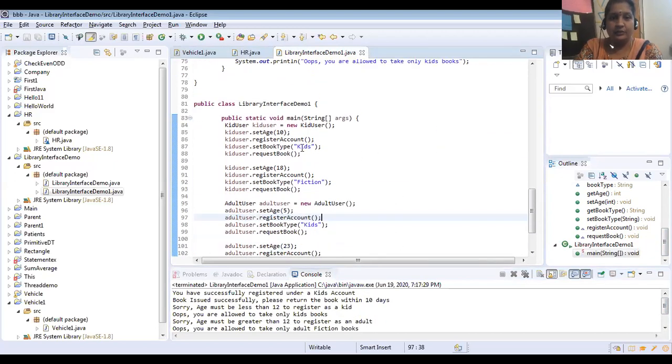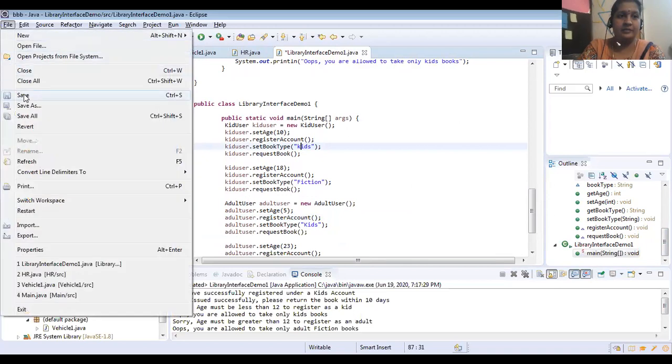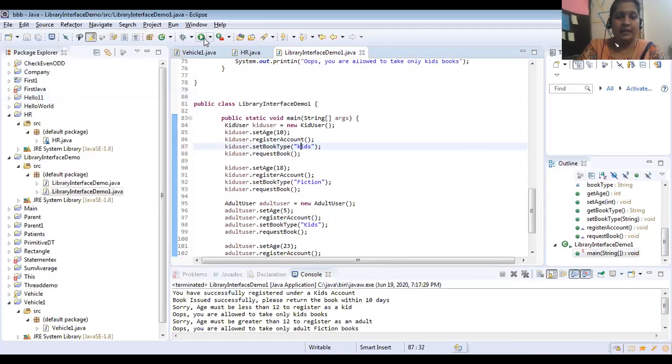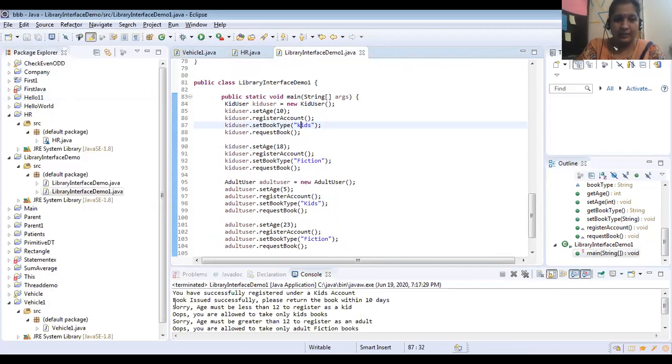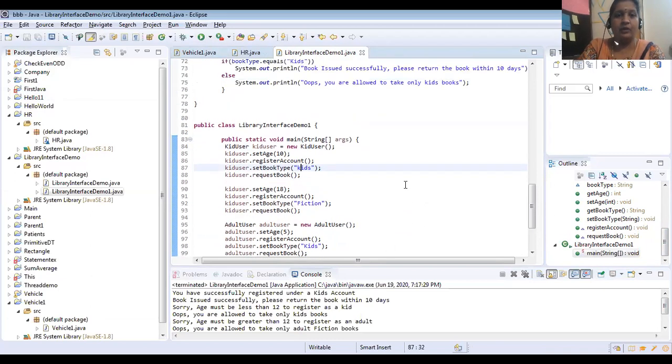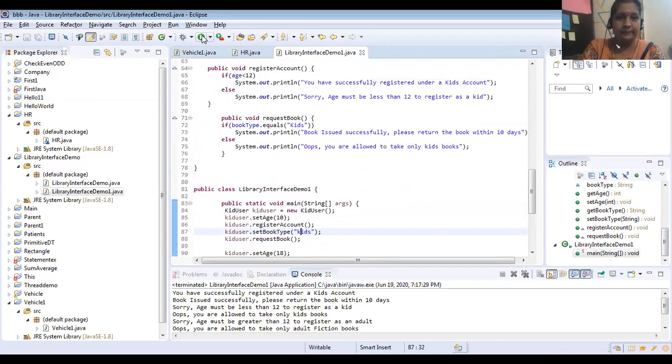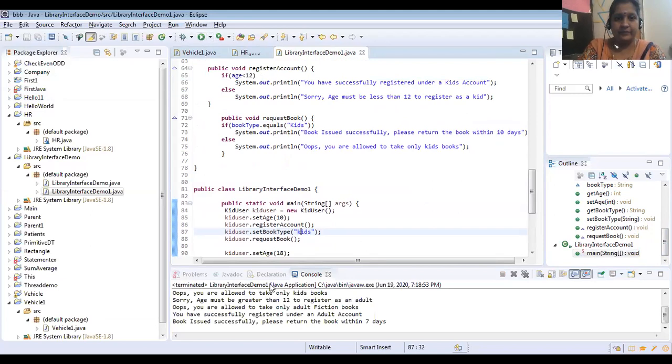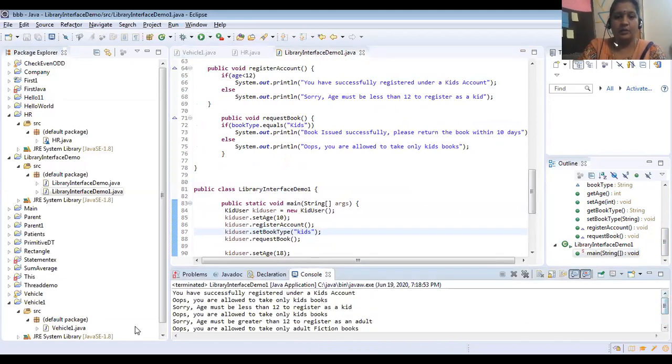I told you this one is small k. Okay, we will save and I'll execute. Here, book issued successfully we got. Sorry, age must be greater than... Oops, you are allowed to take only kids books. So Java is case sensitive. Please take care. Okay.